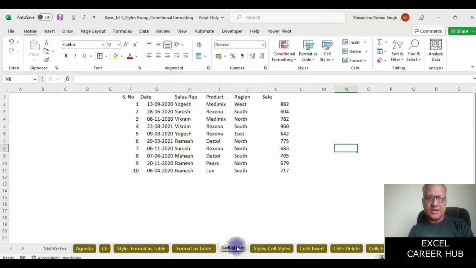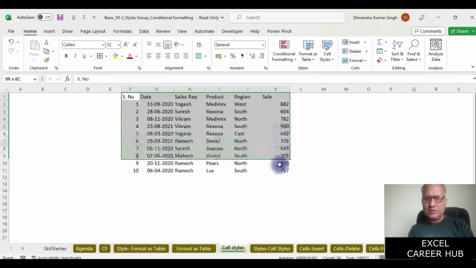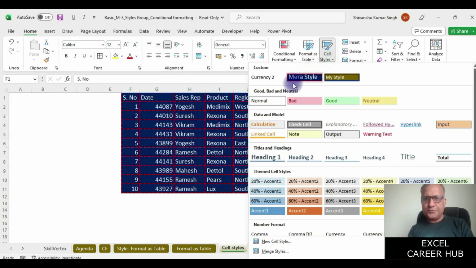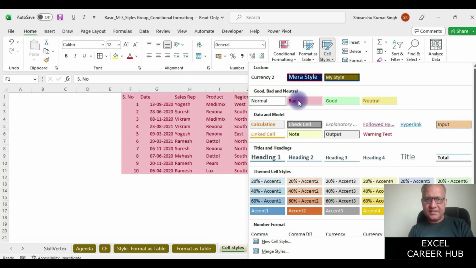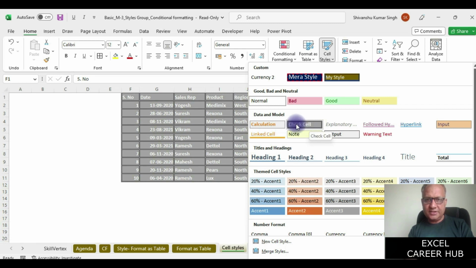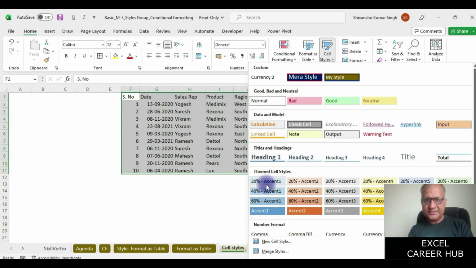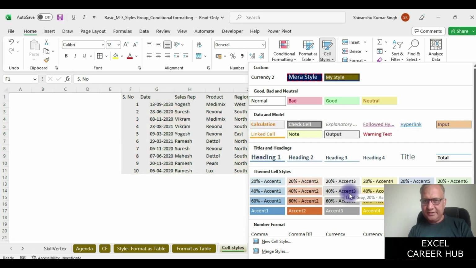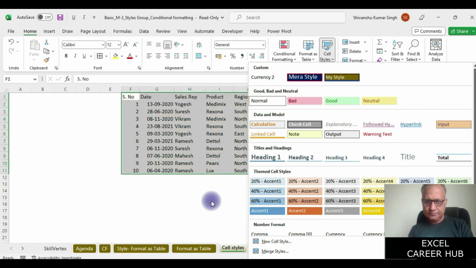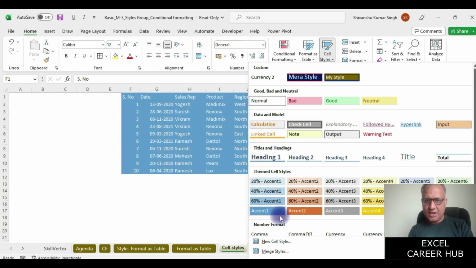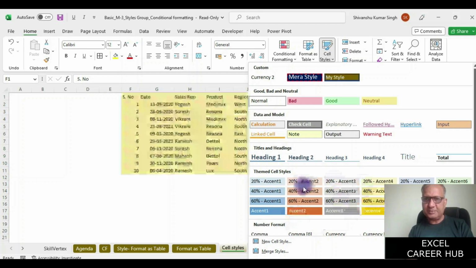Let's come to the sheet, and here I have got some data. If I go to cell styles, here I have the option of applying any predefined style to my data. I can click on anything here and there are various predefined styles which I can apply to my data. I can do different types of formatting and it can be done very quickly. And here I have options of cell formatting as well as number formatting which I can pre-choose for